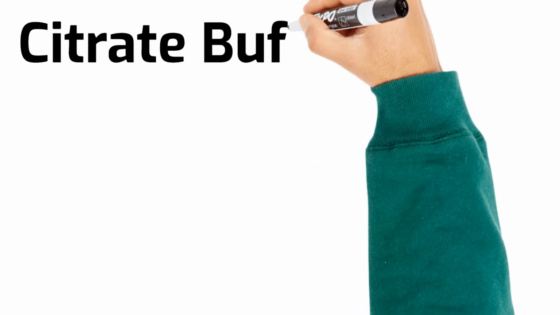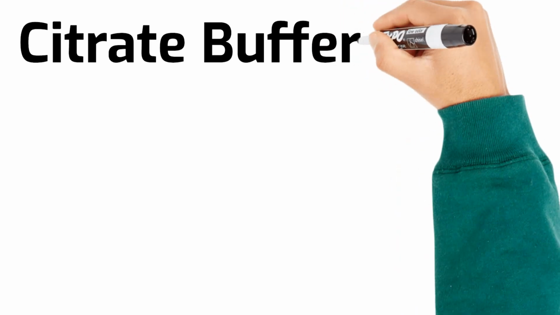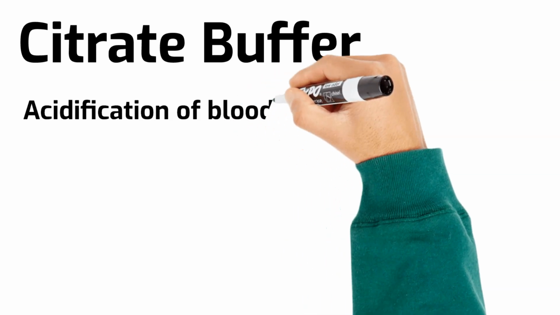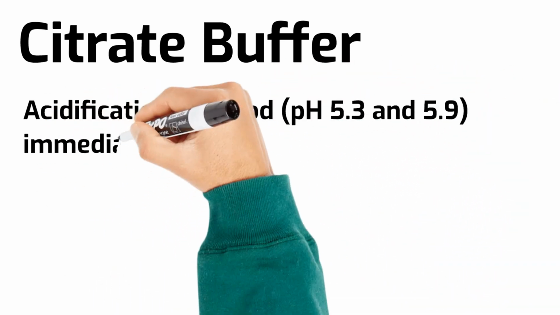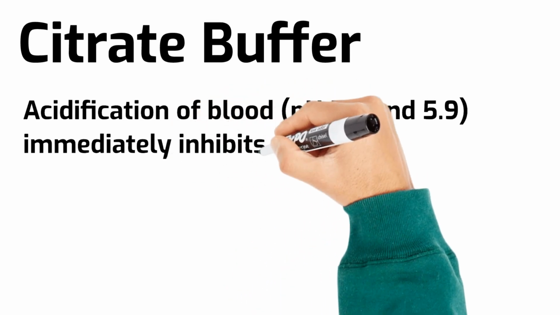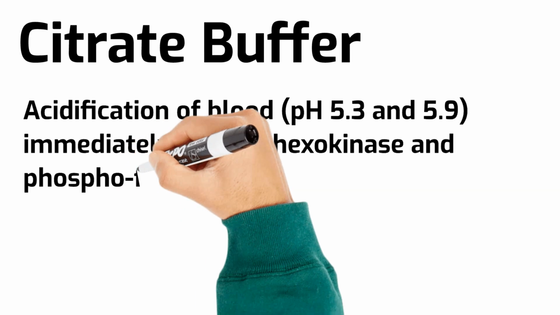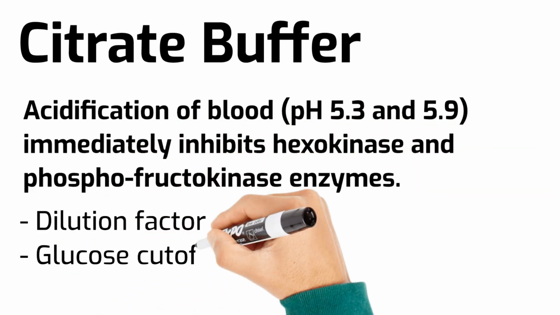Acidification of blood to pH 5.3 and 5.9 immediately inhibits hexokinase and phosphofructokinase enzymes, thereby instantly stopping glycolysis. Things to consider for this is dilution factor and the glucose results, because cutoffs are based on sodium fluoride sample